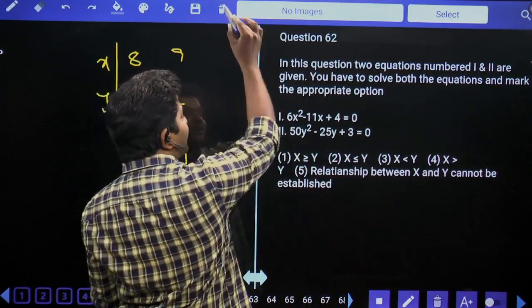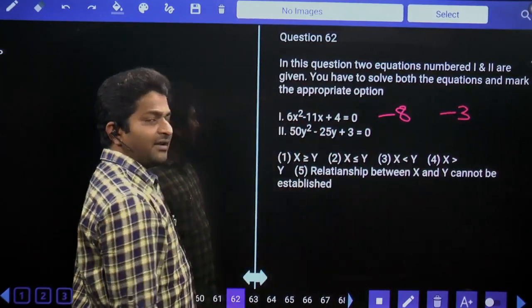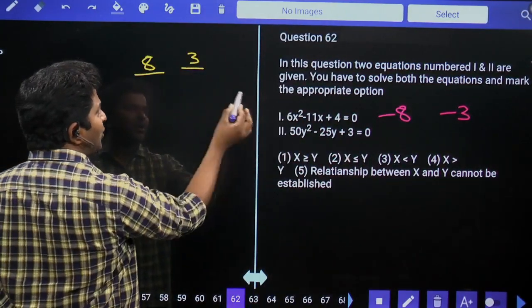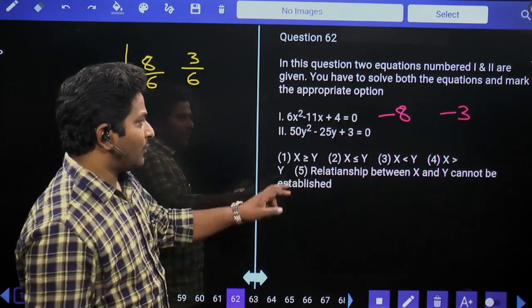6 into 4, 24 can be written as 8 into 3. Minus 8 minus 3, minus 11. Factors are plus 8, plus 3, divided by the coefficient of x square, that is 6. Now